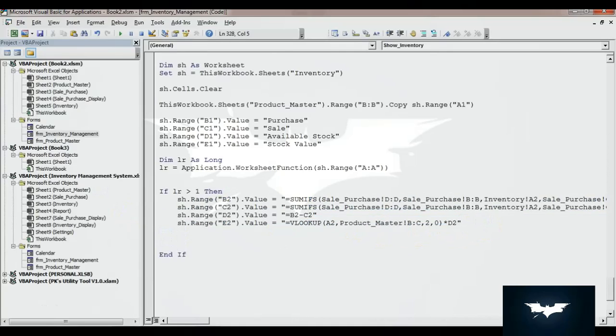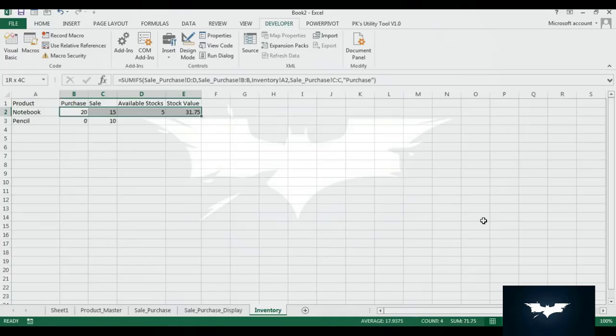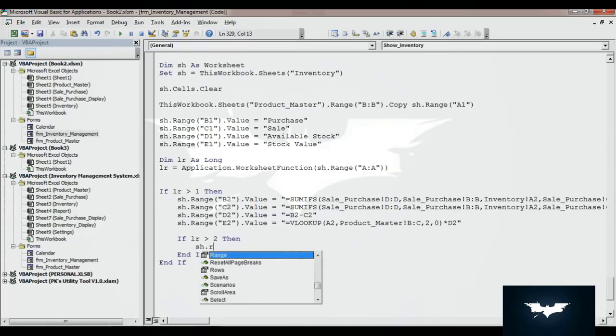Now if we have more than one record, then we will fill down that formula to the other records also, right? So we will use if lr is greater than 2, then here what we will do, we will use sh.range b2.e and till the last row, whatever is the last row, we will fill this formula down.